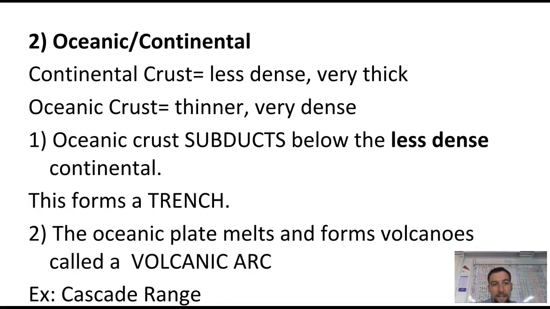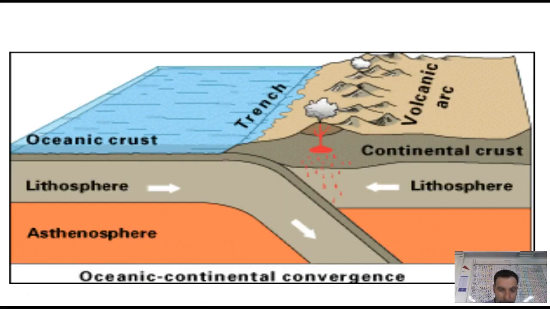An example of that would be the Cascade Range. I'll throw up a nice little diagram. Make sure you guys are drawing these diagrams, because they're very helpful. For me, when I was going through and looking at this stuff the other night as a refresher, just looking at the picture really shows a lot. You can see where the trenches form. You can see how the one plate subducts under the other, and we can see that volcanic mountain range, that volcanic arc,